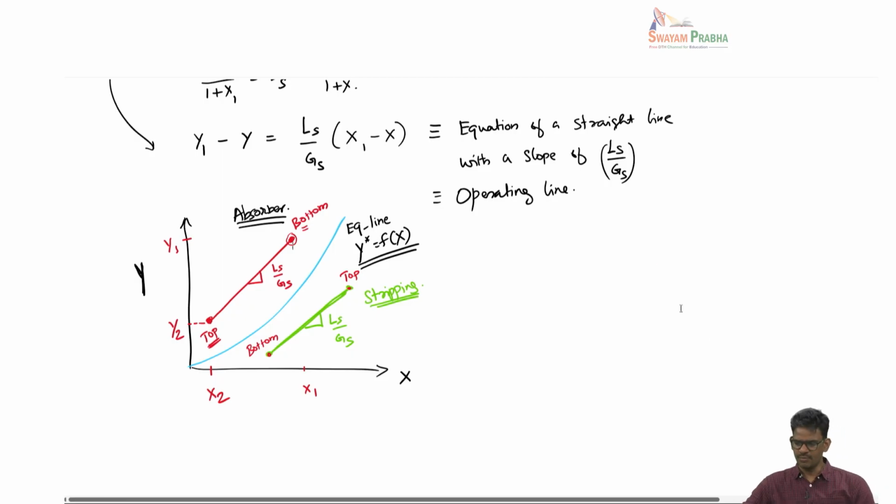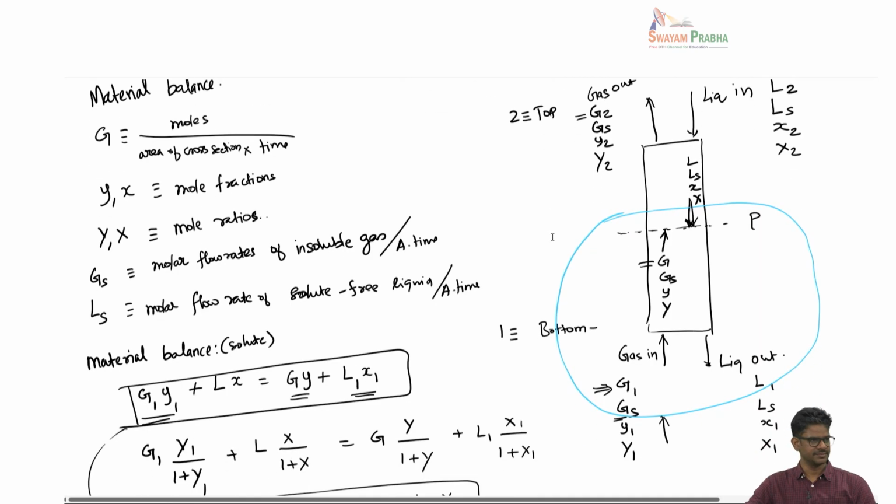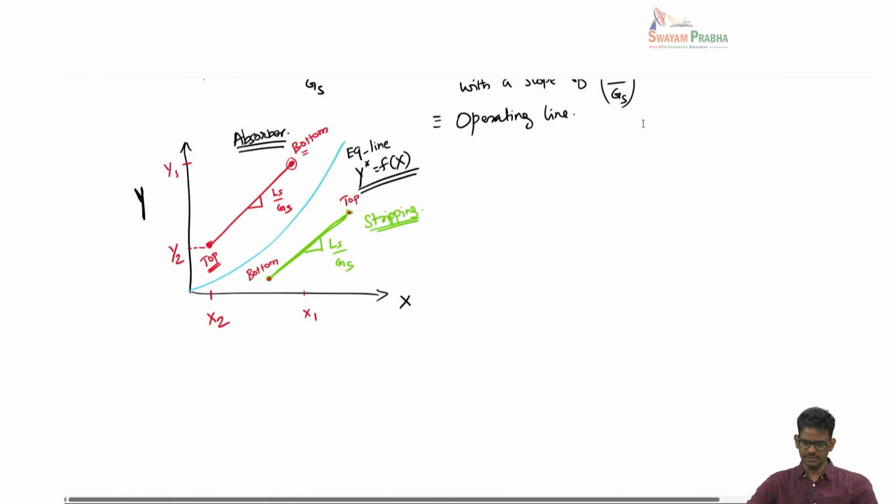Whereas if you think about the same operation but for a stripping case, where you want to remove a solute from a liquid into a gas, the transfer is going from liquid to gas, so the stream at the top would be richer in concentration, because the liquid is incoming with a higher concentration of the solute. The outgoing gas would have taken enough amount of solute. So the top of the column would have the highest concentrations for a stripping operation. That's what I have denoted here as the top of the stripping column with the highest concentration of liquid and